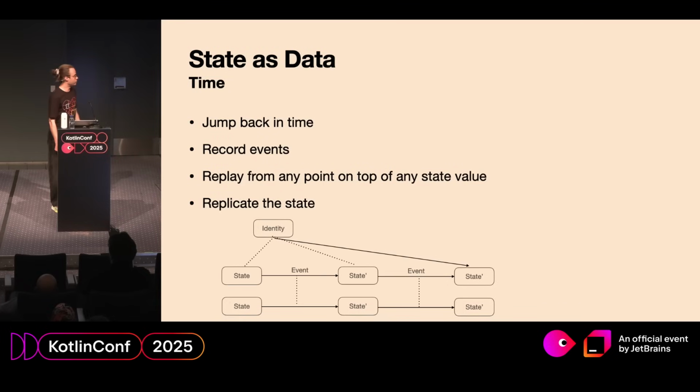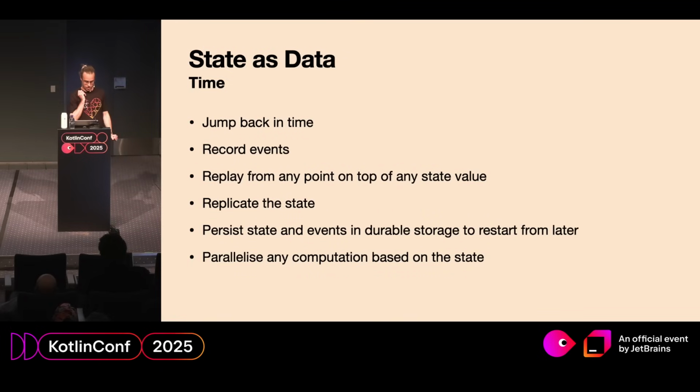We can replicate state. We can maintain two identities and apply the same events to them so that they will be consistent. We can store these events on disk and replay them later together with a snapshot. Snapshot is data, events are data, so we can just store them incrementally and get very good things from it. We can parallelize any computation in the state because perception does not require coordination. We don't need to stop the world to perform heavy diff computation on text, for example.